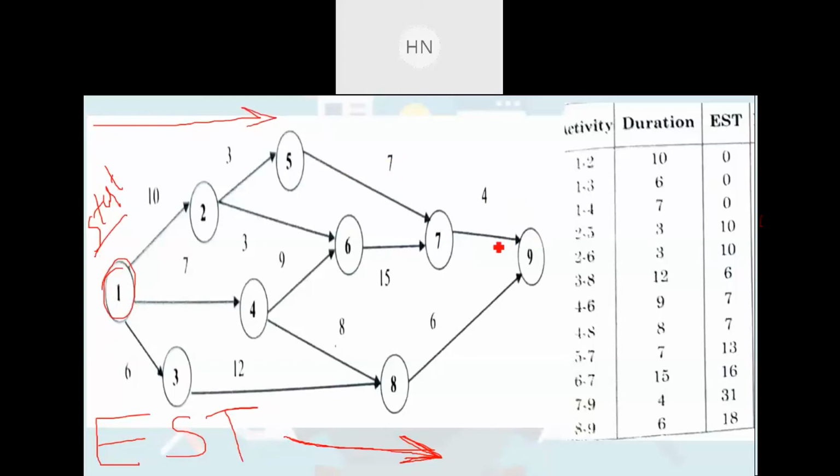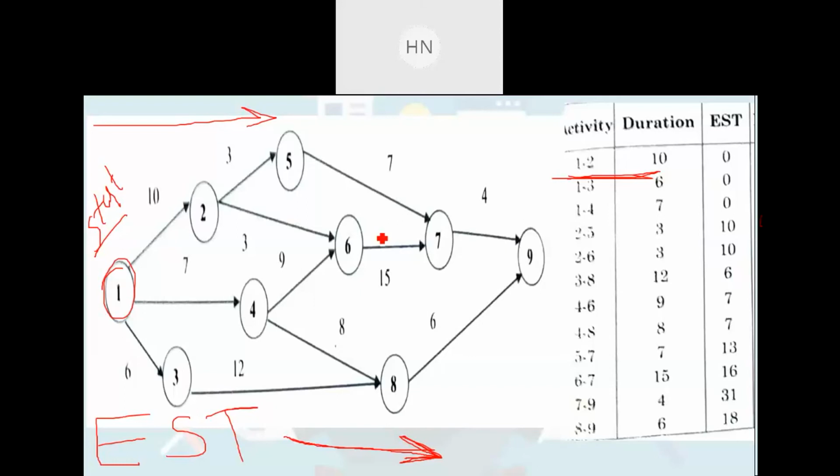So first we will be talking about the 1 to 2 activity. Here in the table, look, this is the 1 to 2 activity. What will be the earliest starting time here? As I have explained in the previous lectures also, this 1 to 2 activity is the initial activity or the starting activity. जो भी एक्टिविटी स्टार्टिंग और इनिशियल एक्टिविटी होगी, तो उसमें अर्लीस्ट स्टार्टिंग टाइम कौन सा होगा? ऑब्वियसली ज़ीरो होगा, क्योंकि हम कोई चीज़ स्टार्ट कर रहे हैं, राइट?